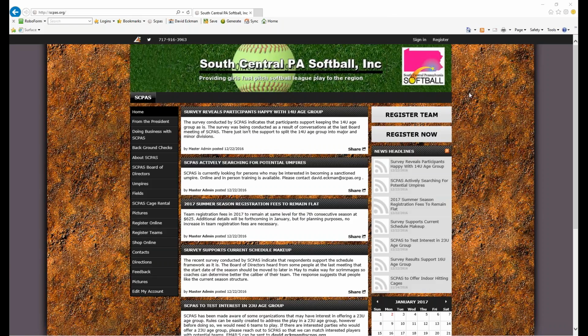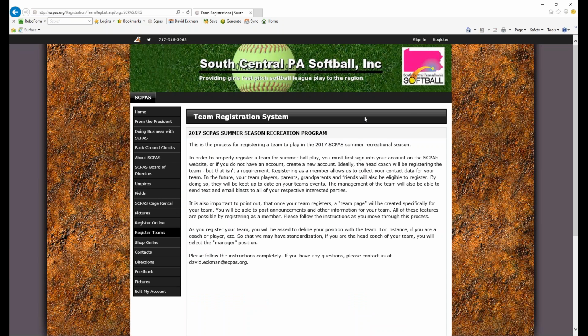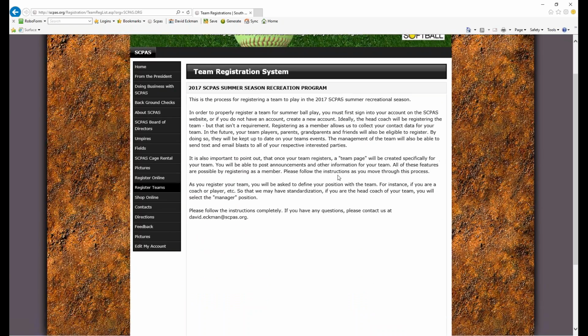Point your browser to www.scpas.org. That'll take you to our web page. You will see that the register team link is now showing. If you click on the register team link, you will now go to an informational page which goes over some of the things that we already talked about. It also includes